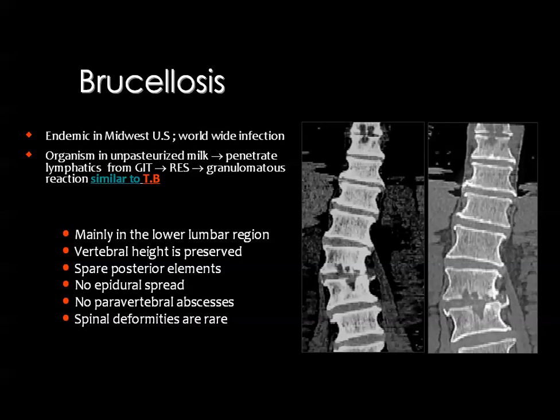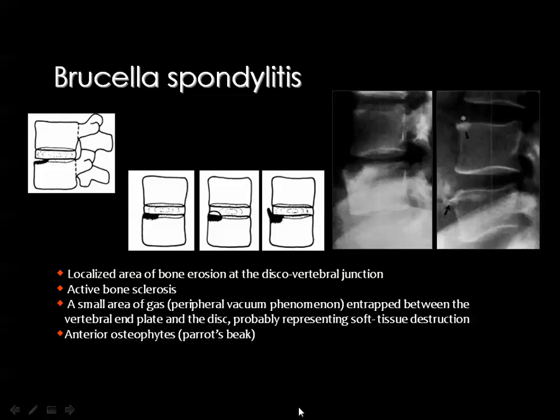Also, one of the supportive diagnostic criteria is the presence of osteophytes and bone sclerosis at the level of the lesion, especially this kind of osteophyte, which is similar to a parrot beak, for example, and you get it at the area of infection together with erosion, and you can see also a sclerotic reaction. This is the sequelae of brucella spondylitis or spondylodiscitis, and you have a localized area of bone erosion in the anterior part of the vertebra